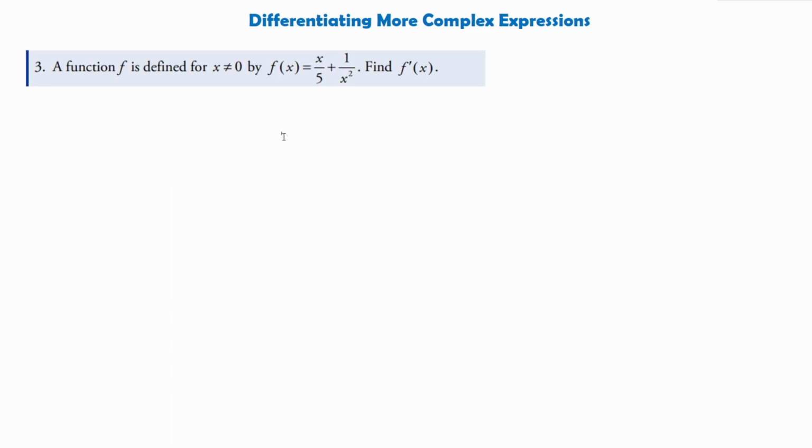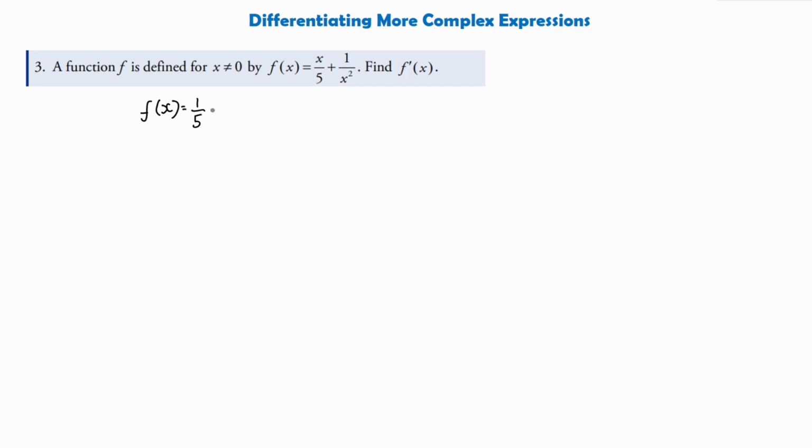Here's our next complex expression. We've got a function f, which is defined for x does not equal 0, is given by f of x equals x divided by 5 plus 1 over x squared. Find f dashed x. Now again, we need to do a bit of preparation here. So we need to start by making sure that x has a negative power by making sure it's not on the denominator of a fraction. Now if you remember, x over 5 is just the same as